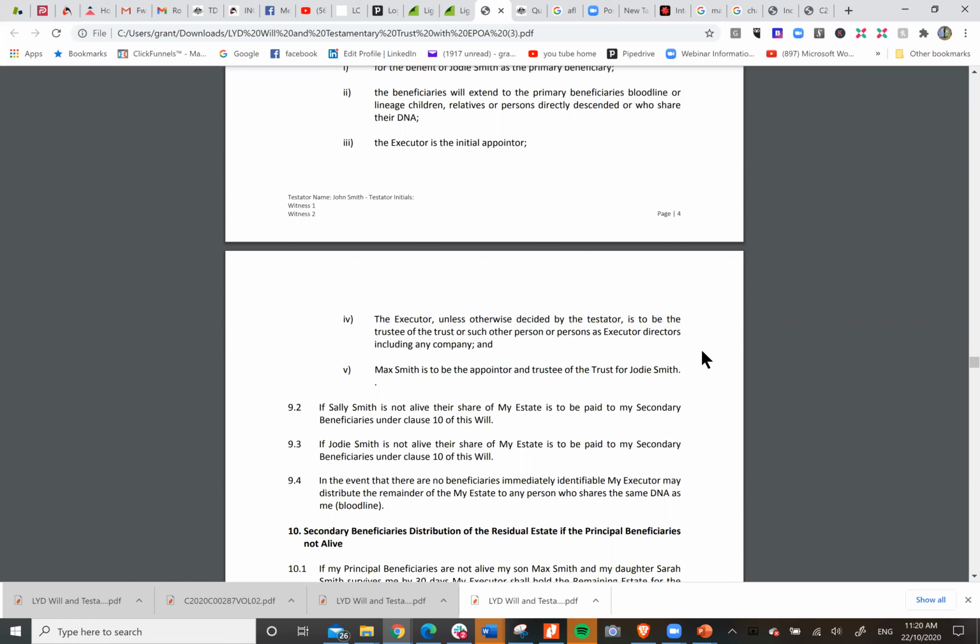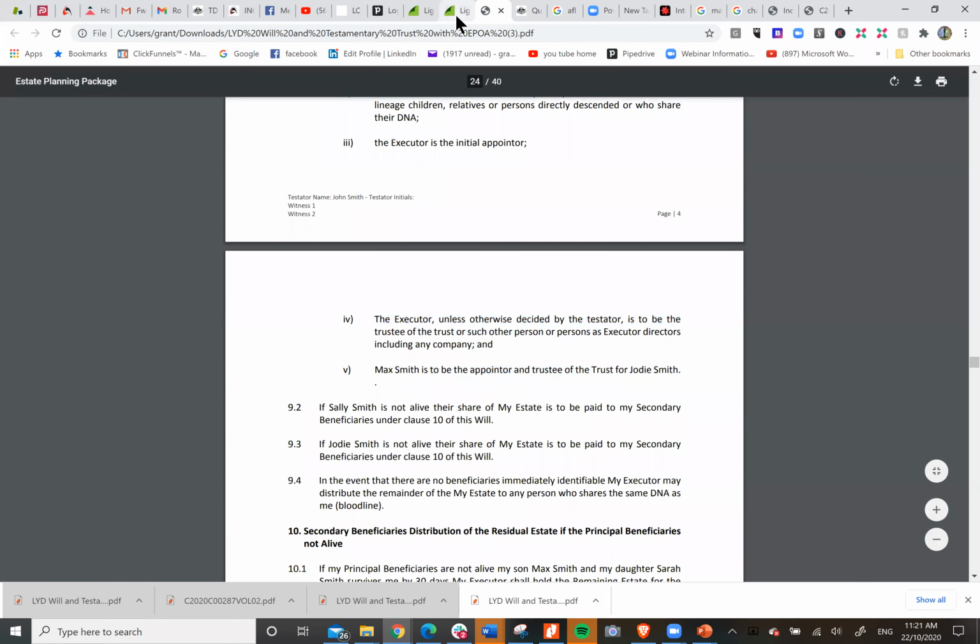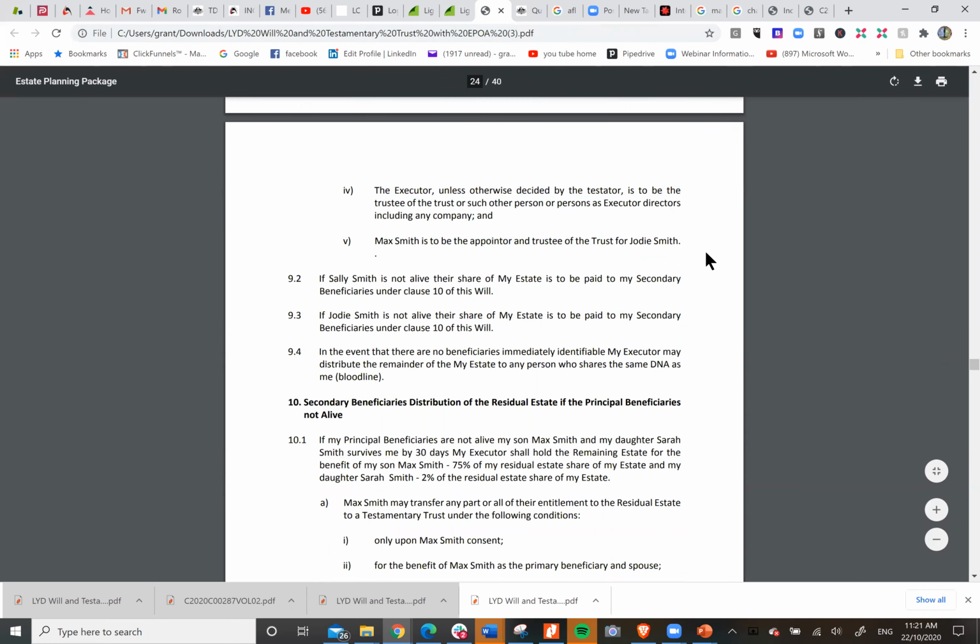If it was me, I'd probably put in another term there that the trust needs to meet the conditions of a special disability trust under the Social Security Act. So I would put that in there as well. If I wanted to, I just have to go back in and quite easily change my system.